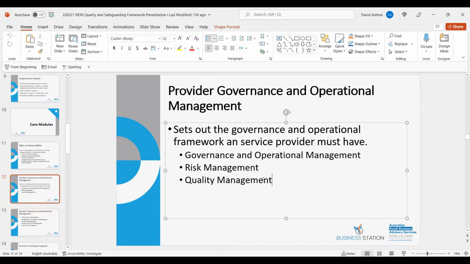You also need to, and as part of the quality framework, is this feedback and complaint. So you need to have mechanisms to obtain feedback from participants and others. It could be their family or other people. So there's general organisational feedback, but there's also feedback coming from participants. And you need to provide access to that feedback system to your participants, and you should welcome that feedback as an opportunity for continuous improvement as well. So you've got to maintain a complaints management and resolution system.